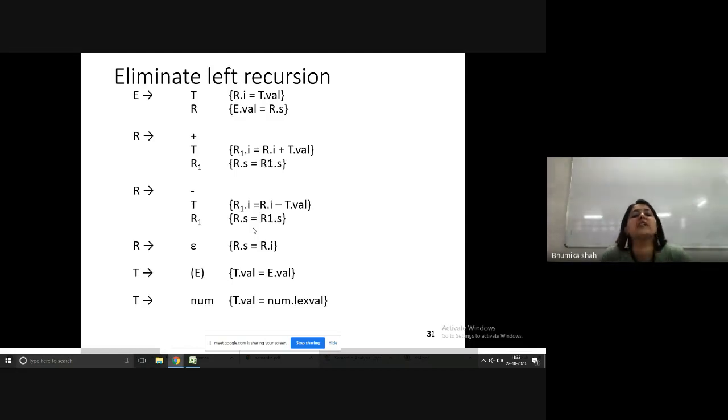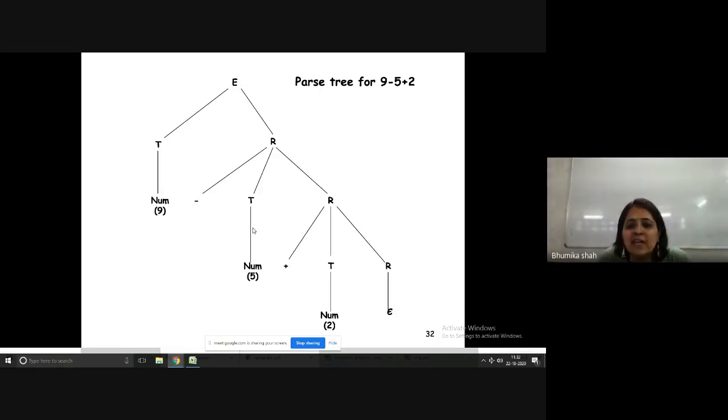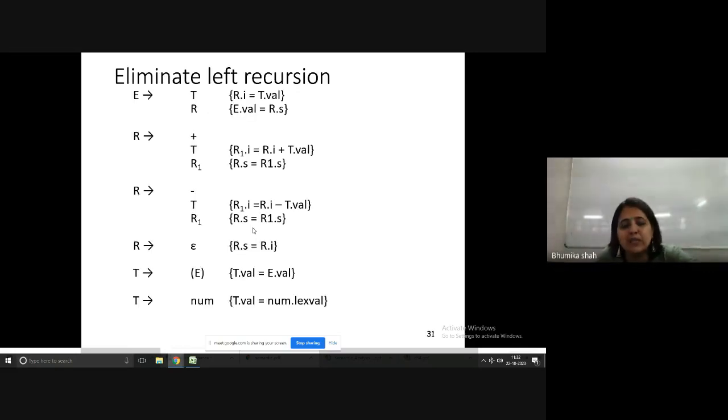Okay. So for this rule, what is the semantic action and where it should be included, that we need to understand. So E derives T E dash. Okay. So these are the non-left recursive productions. Where to write this, we can understand only if we know the dependency graph. So let us understand with this, so it will be more clear. What we have done over here is drawn the tree using these rules.